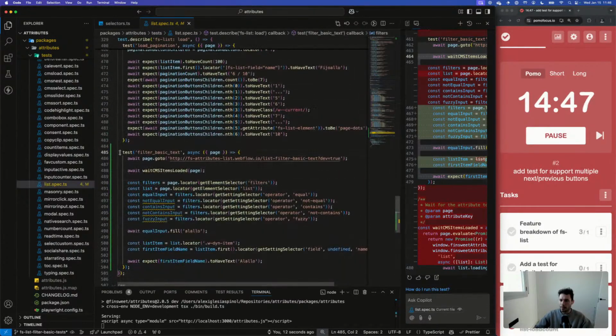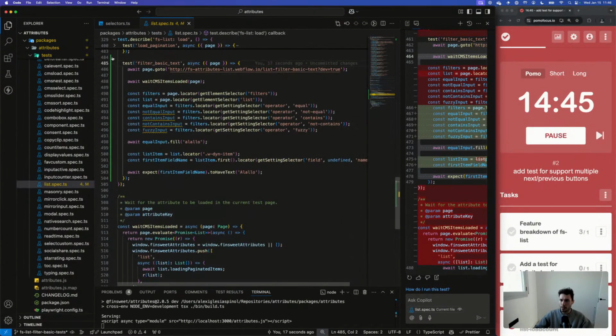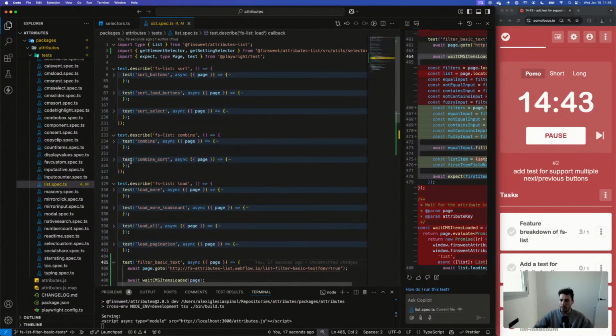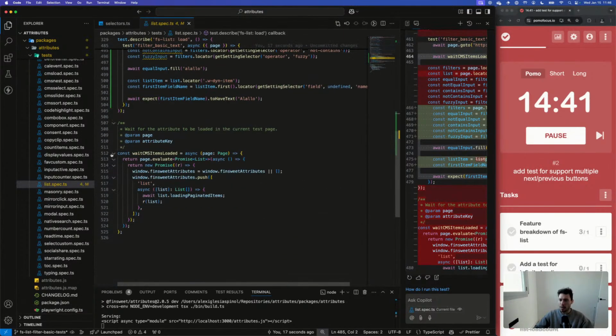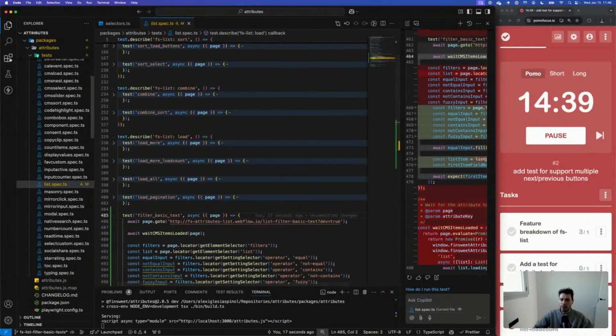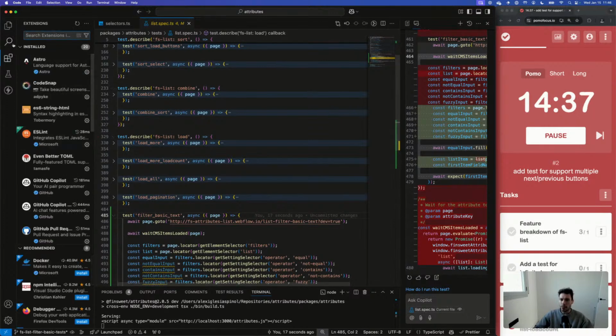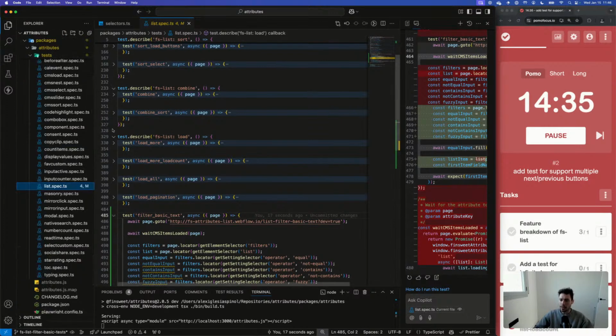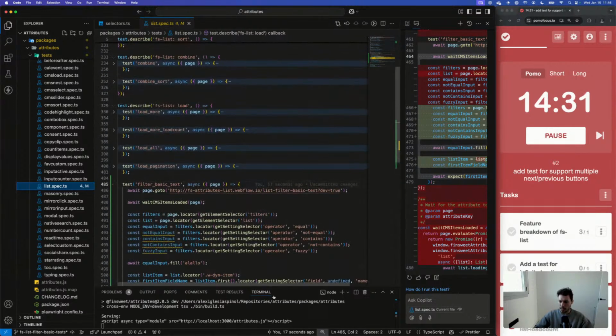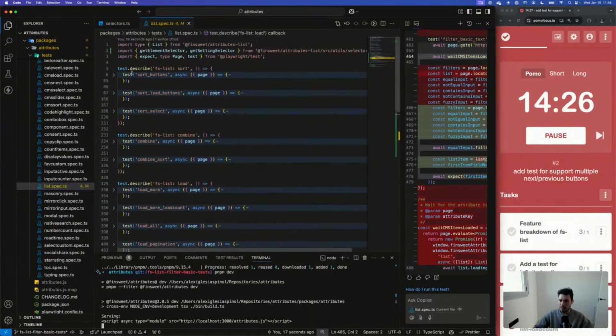Come on, give me the testing. Sometimes it happens, I don't know why, that the Playwright extension here works beautifully. I get all these play buttons next to each of the tests so I can play it in here. And sometimes it completely disappears, and I don't know why.